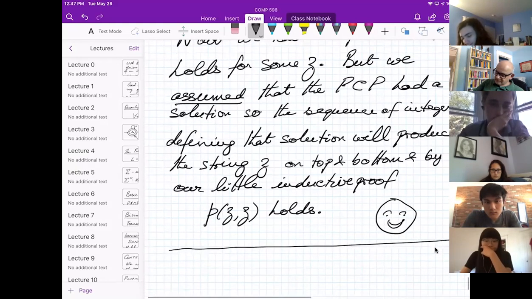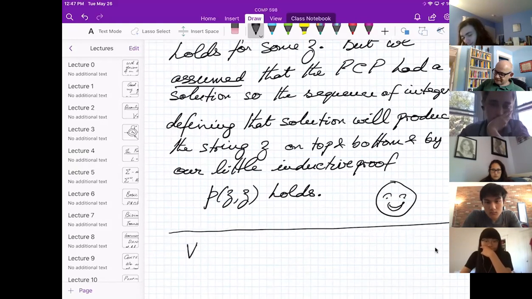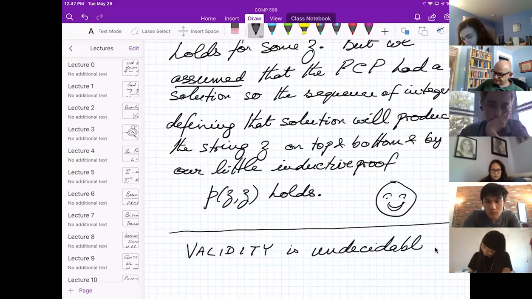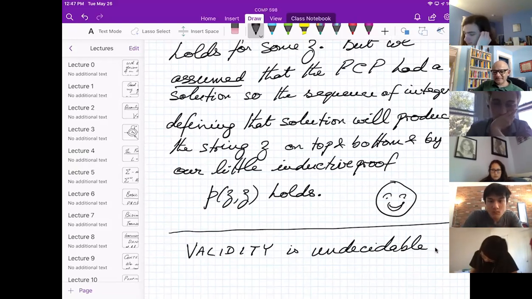So validity is undecidable. This is a sad blow for those people who came up with programming languages based on resolution-based theorem proving, because forget it, it's not going to work in all cases.